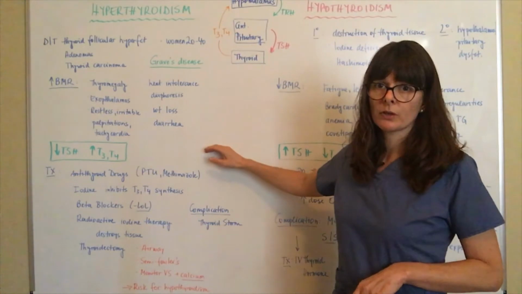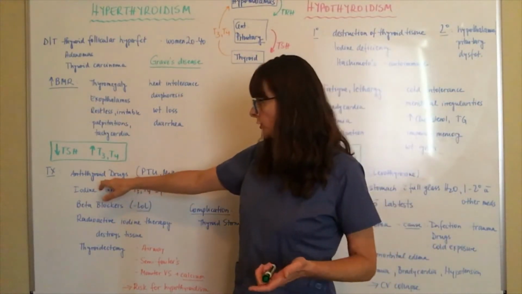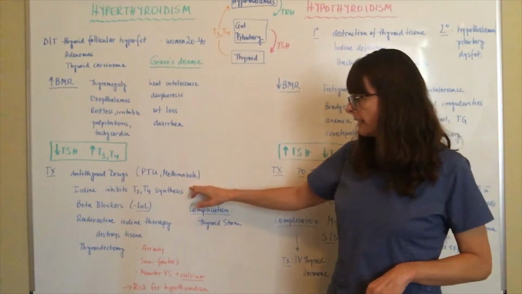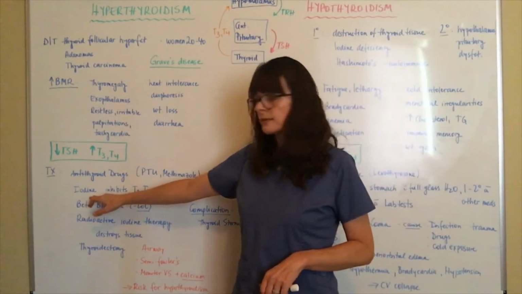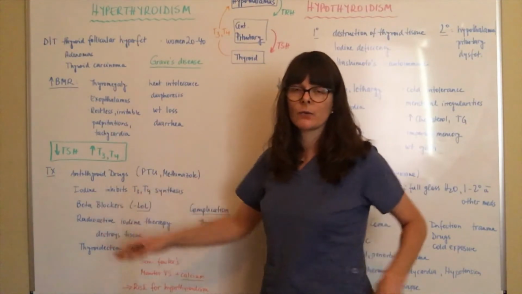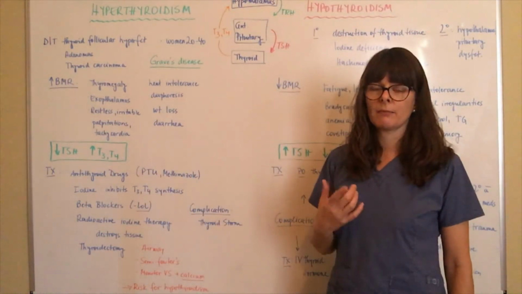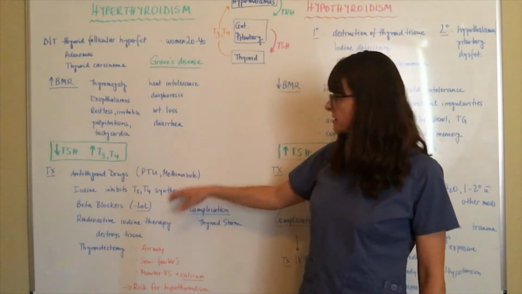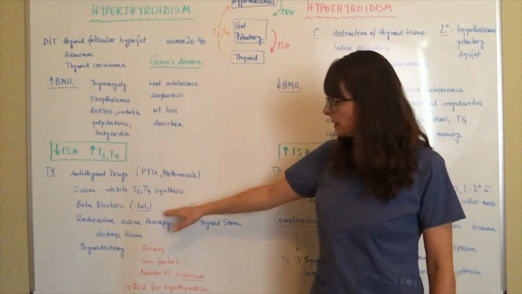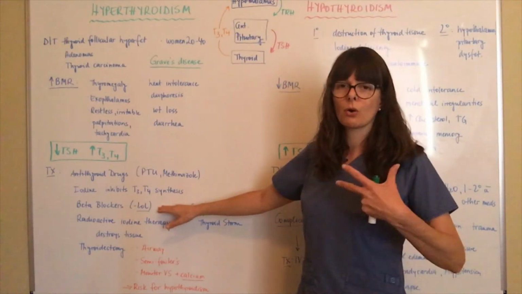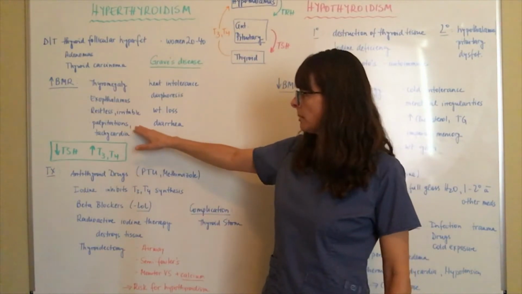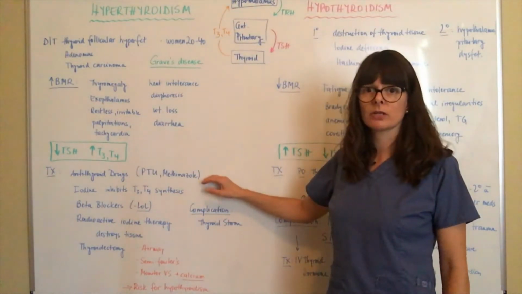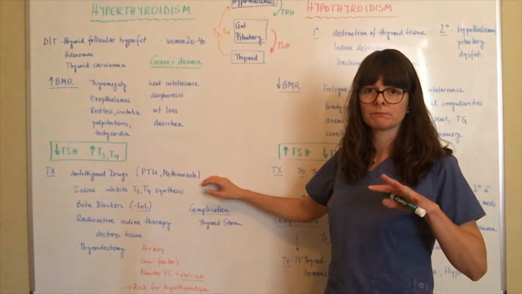Now, how do we treat this? There are certain drugs called anti-thyroid drugs. One of them is called PTU, and methimazole is another one. And then if the patient is given extra amounts of iodine, remember the thyroid follicles need iodine to be working, but extra iodine might inhibit T3 and T4 synthesis, therefore slowing down the level. Then the patient might need beta blockers because everything is working so fast. They have this tachycardia, palpitations, maybe even hypertension. So we want to slow things down until these anti-thyroid drugs can kick in and dampen that